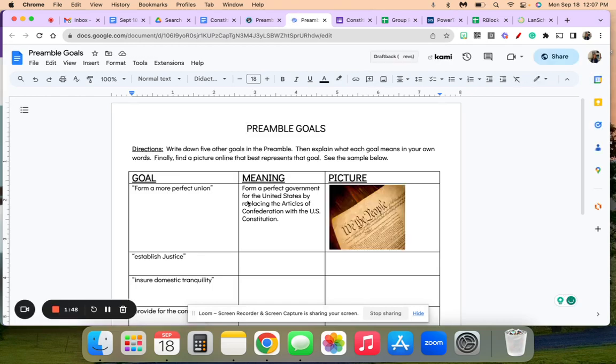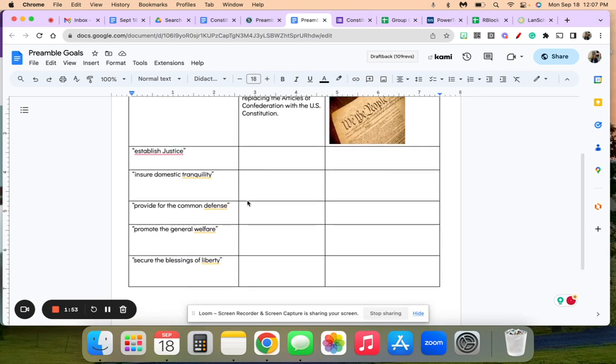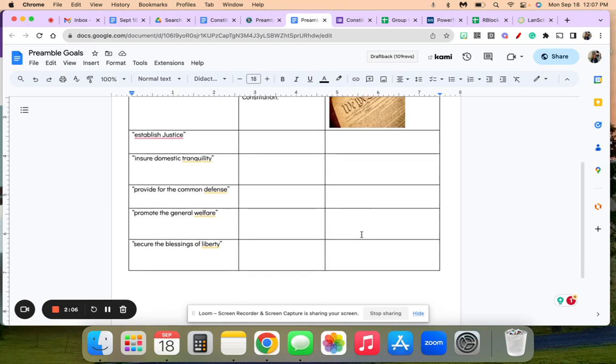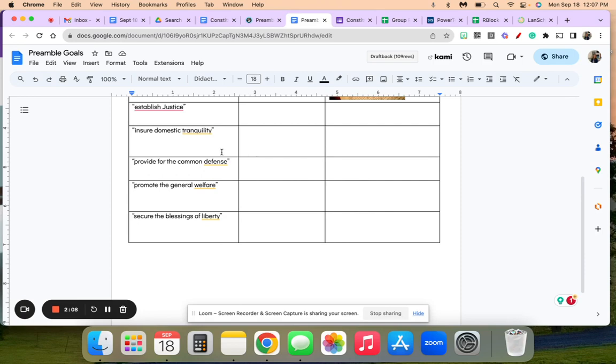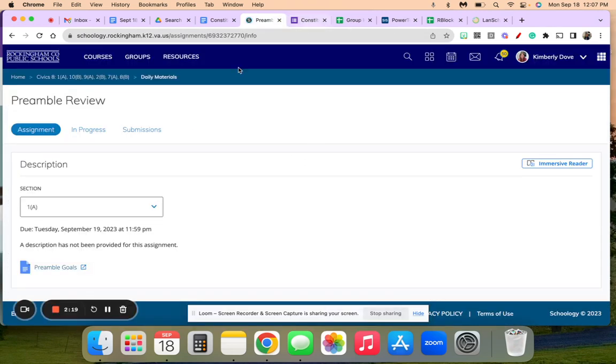For this assignment, you are essentially going to be doing something very similar to the group activity that you guys did, where you defined the different goals of the preamble, and then I do want you to have a picture to go with it. So again, you're putting it in your own words. I've already done the first one for you. And then you will submit it in Schoology.